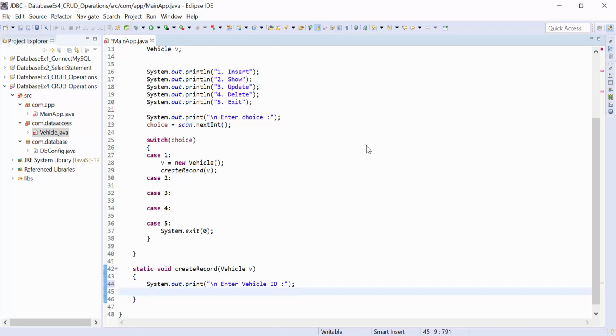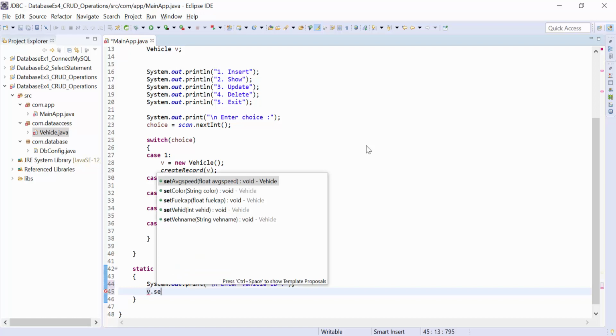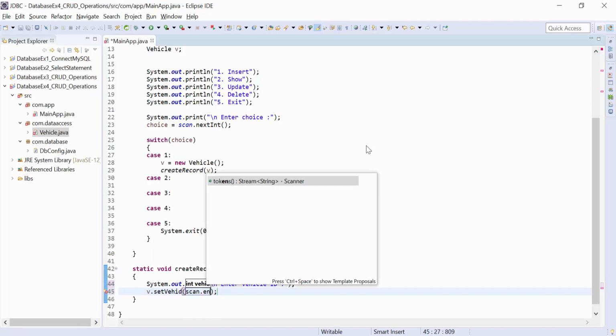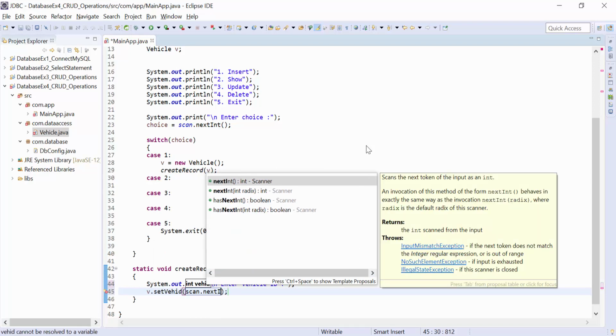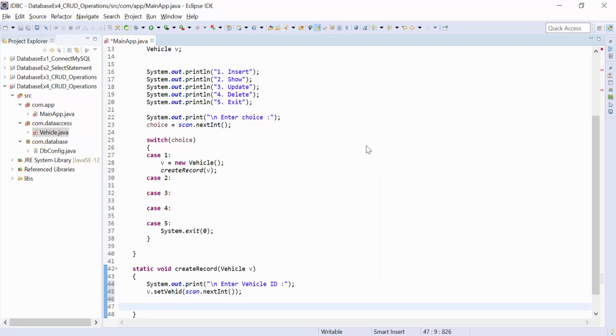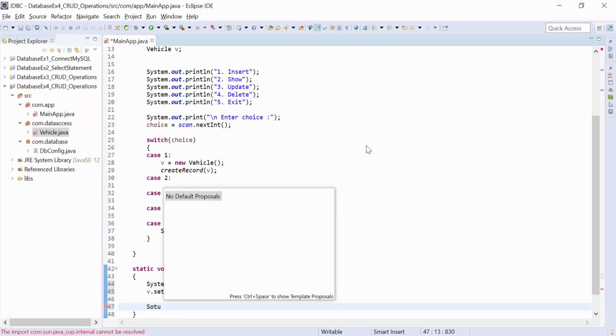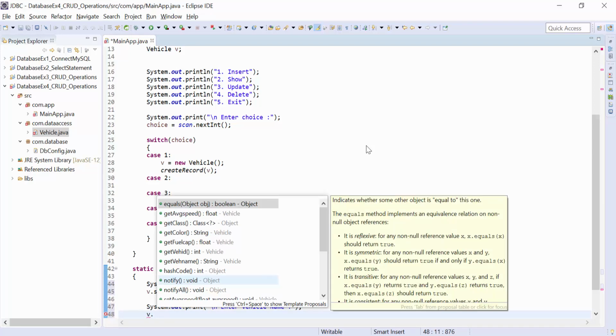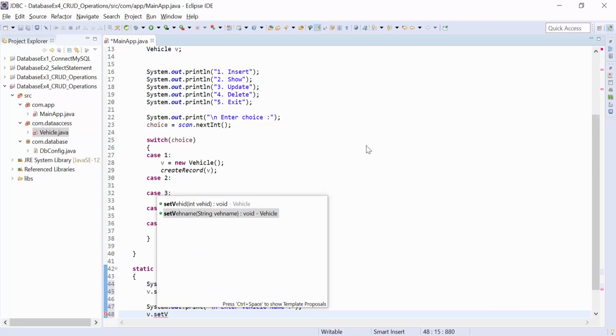And how to set the vehicle ID? You can set the vehicle ID like this, v dot setVehicleID, and here pass the vehicle ID. So I just ask the user to enter the vehicle ID. Okay, similarly we ask the user to enter the name of the vehicle, enter vehicle name, and we write v dot setVehicleName.